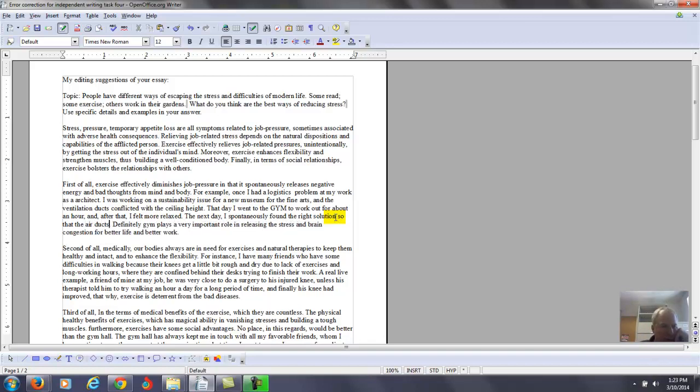Workout for an hour. After that, I felt relaxed. Next day, spontaneously found the right solution so that the air ducts would not conflict with the ceiling. Definitely, gym played an important role in releasing the stress I felt at work and helped me solve a difficult problem. Second of all,